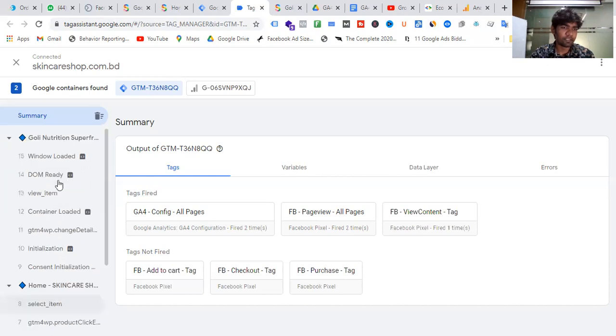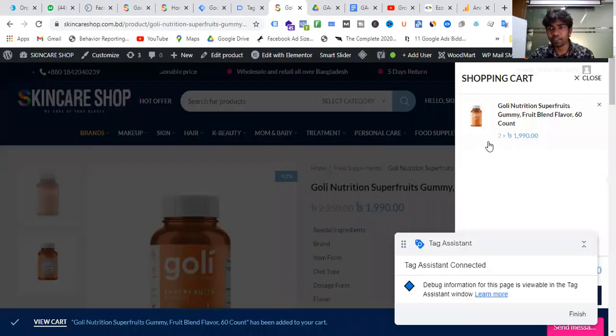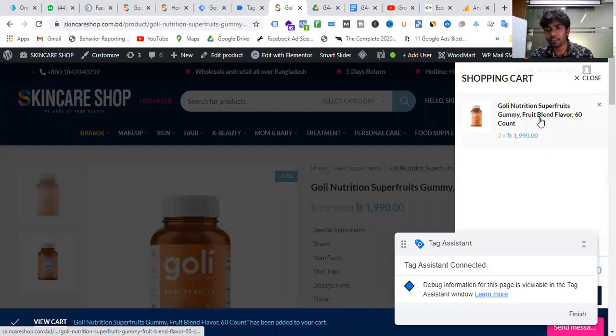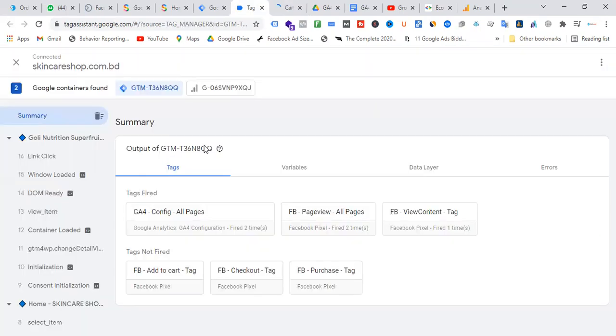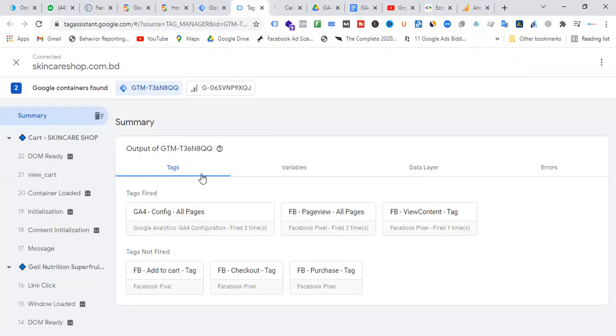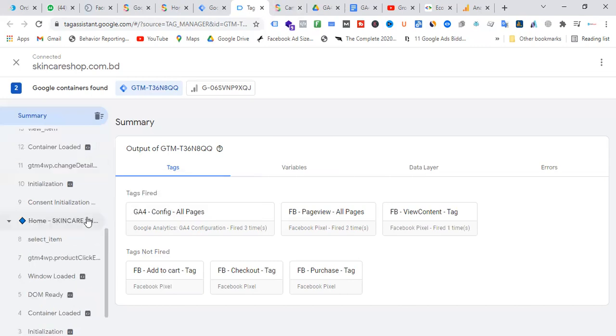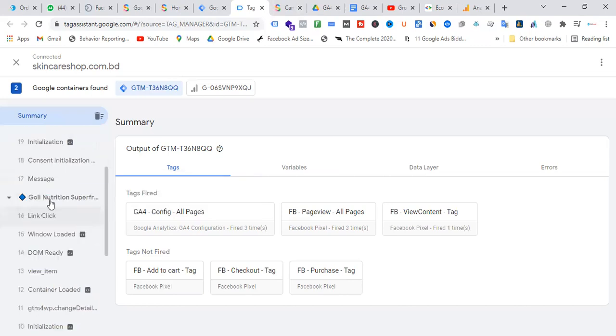Okay, view item is loaded. Now, if we click add to cart, and click view cart, it's coming. View cart has come.